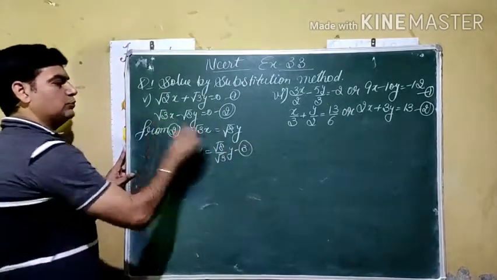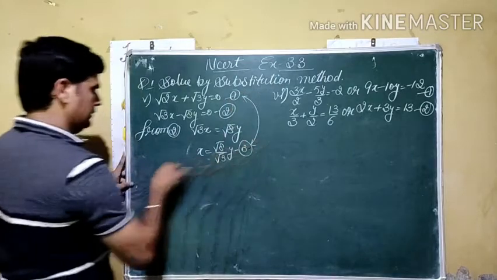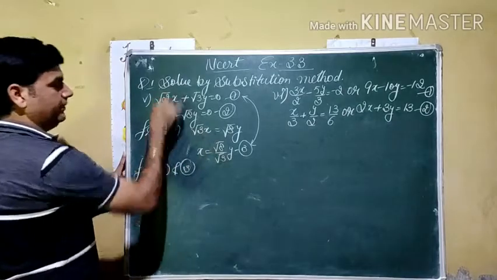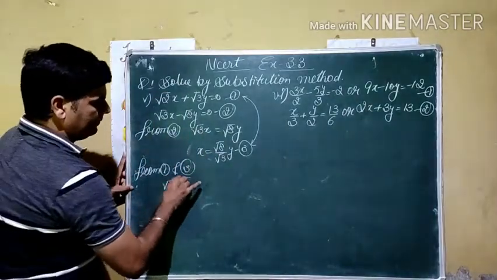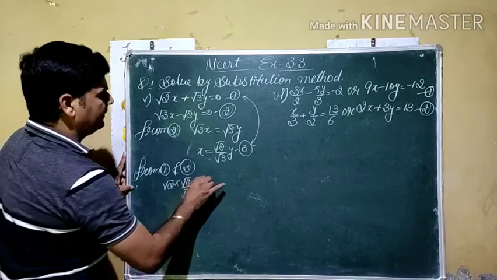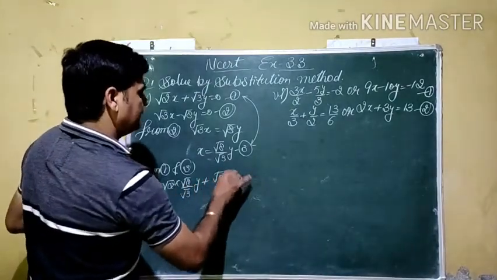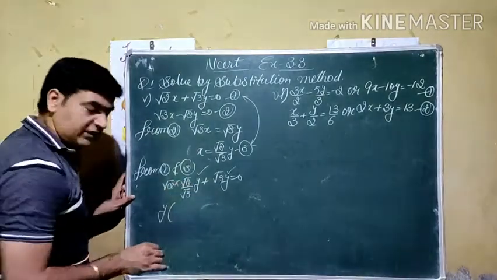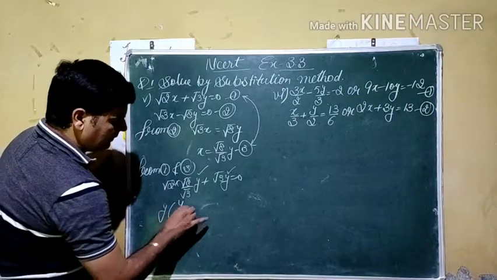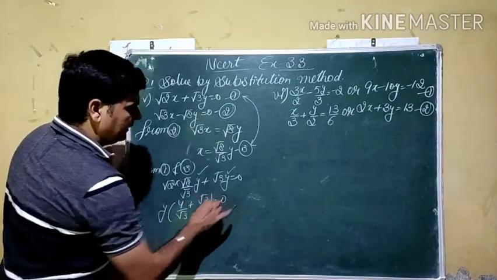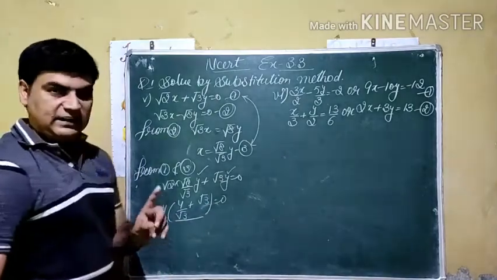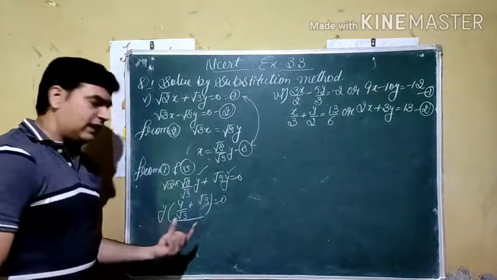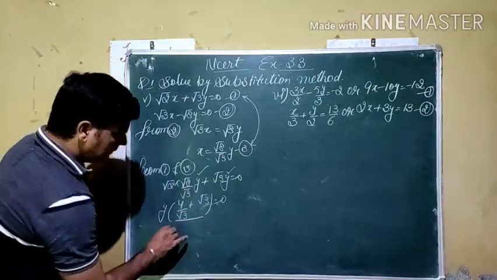As we solved from 2, we are going to simplify these two equations from 1 and 3 using the value of x here. Cube root 2 times cube root 8 by cube root 3 multiplied by y plus cube root 3 y is equal to 0. If you see here, y is common outside. Inside, cube root 2 multiplied by cube root 8, cube root 16, that is given by 4 by cube root 3, plus cube root 3 is equal to 0. As you know, by BODMAS rule, the bracket is considered as a single number. Y multiplied by which value gives us 0? This is a finite value. We cannot take it as 0. So y should be 0.